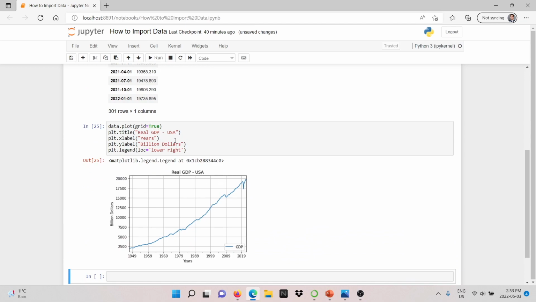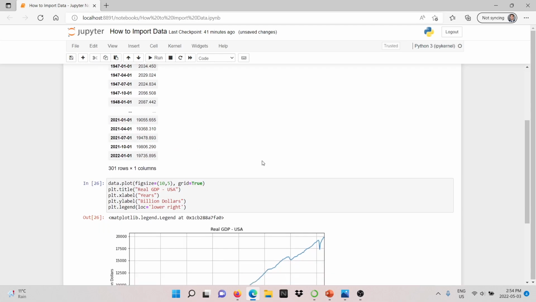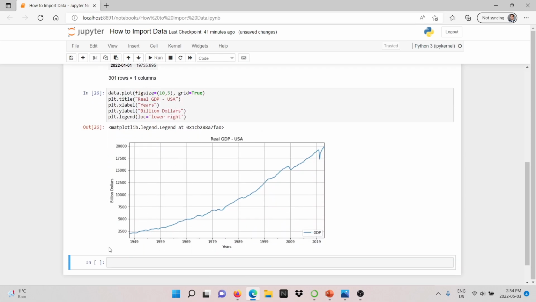Another thing that we can do is to change the size of this image. So for example, what I can do is, let's go at the beginning. I'm going to type here, for example, fig size, that's for the figure size. Then you're going to put equal, you're going to open parentheses, and the first number you're going to be putting is the length, yes, how long the graph is. And the second number is how tall this graph is. So let's go with, for example, 10 in length, and then I want this to be 5, the height. Yes, so let's add a comma here, and let's run this code. And now you see that the image is bigger.